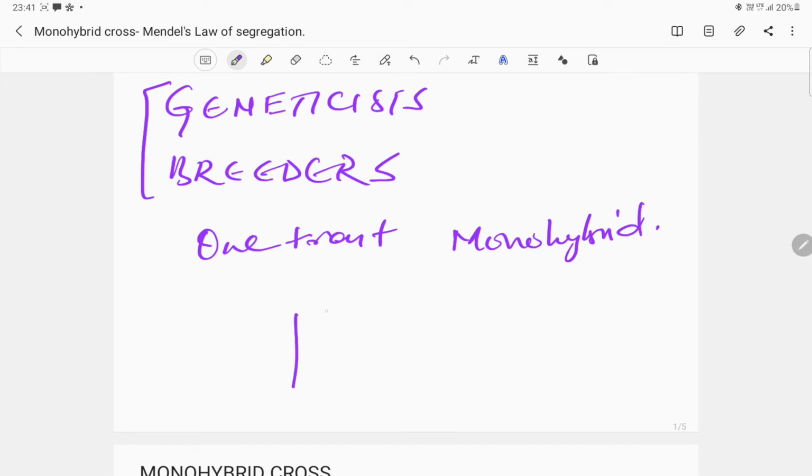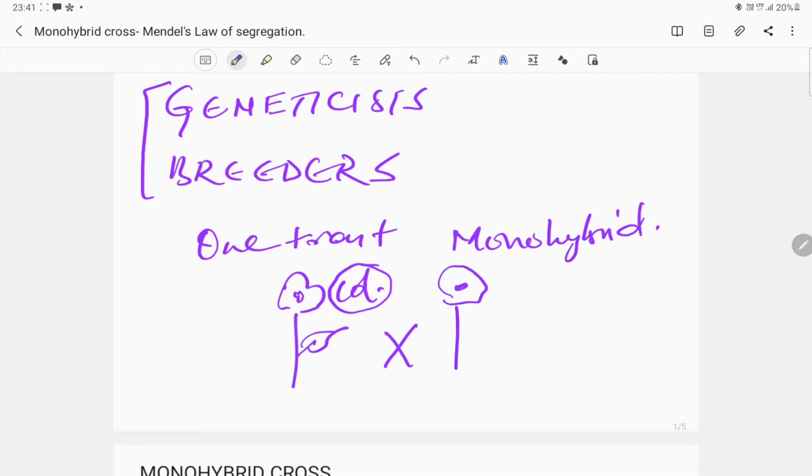For example, we have plants, and plants have a wide variety of features. The flower position is one trait, flower color is another trait, the arrangement of leaves is another one, and the kind of seeds they produce or the size of the fruit, etc. These are all different traits. When a breeder or a geneticist is only interested in one of the traits, for example color, and is conducting a cross between, let's say, two plants for the improvement of color,